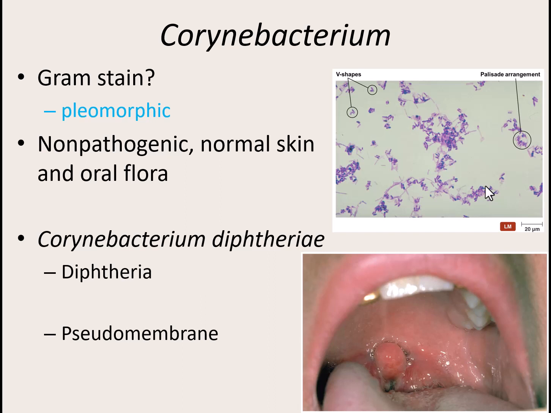Interestingly, they are pleomorphic, so they're not exactly the same size and shape all the time, and because they are part of the normal oral flora, it's not uncommon when we do a throat culture that if you see some gram-positive bacilli that vary in their shape a little bit, some short rods, some long rods, you probably identified some of your throat culture to a Corynebacterium. That's normal. The one species that does cause disease in that Corynebacterium genus is Corynebacterium diphtheriae, which causes